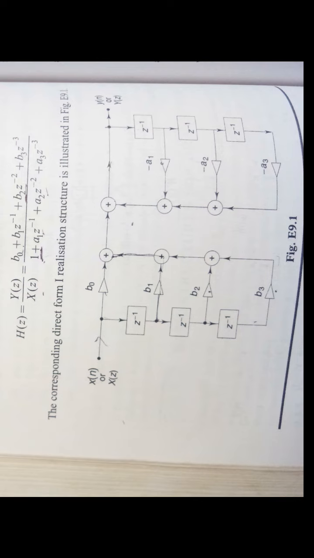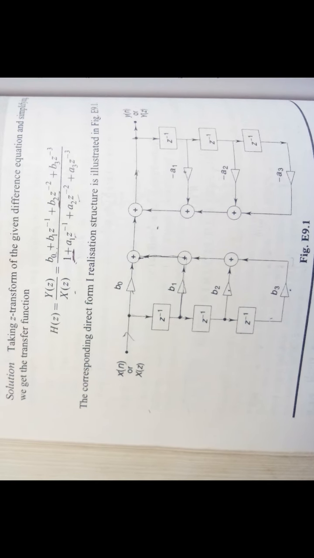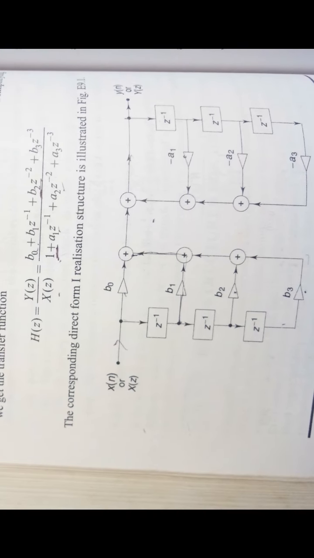Similarly for the denominator, 1 plus a1 with z inverse 1. Here there is a negative sign because this is feedback; if the direction is opposite, the sign will be 1 plus. Why have we taken 1 minus the sum of all the zeros and the sum of all the poles? That's why in the denominator we will be considering the pole part. So 1 minus, since all are poles, here all will come in plus, therefore the sign of a1 is minus, a2 is also minus, a3 is also minus.